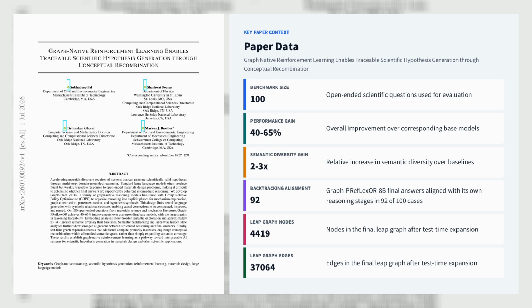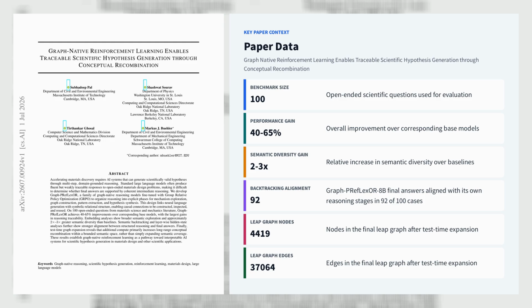Qwen3 1.7B, Llama 3.2 3B Instruct, and Qwen3 8B backbones. The system is evaluated on 100 open-ended materials science and mechanics questions judged by Claude Opus 4.7 on 0-10 scores, where it improves aggregate reasoning performance by 40-65% over the corresponding base models, with the